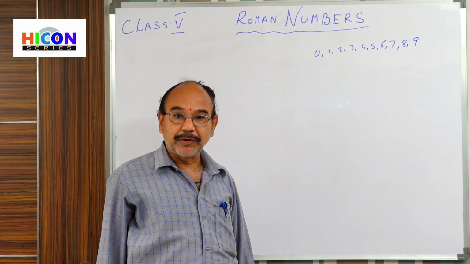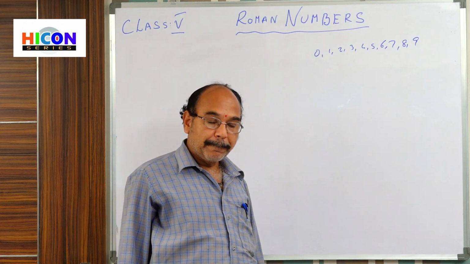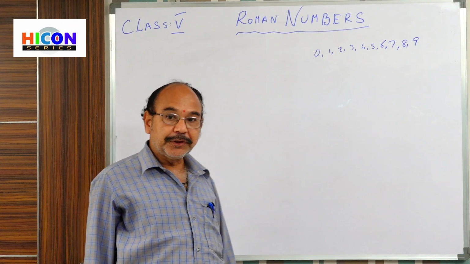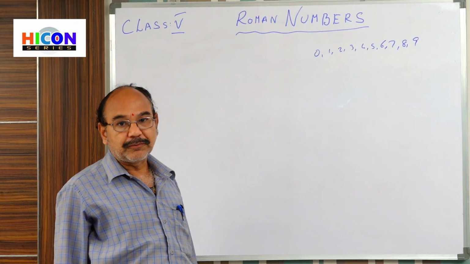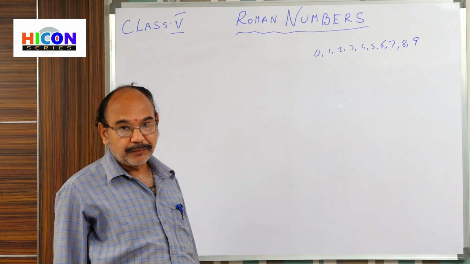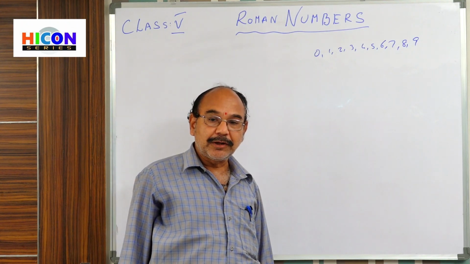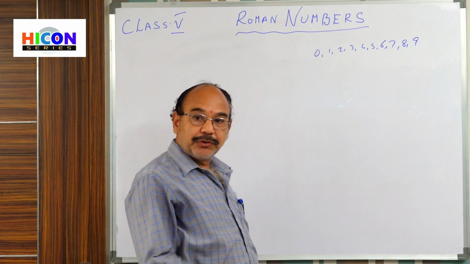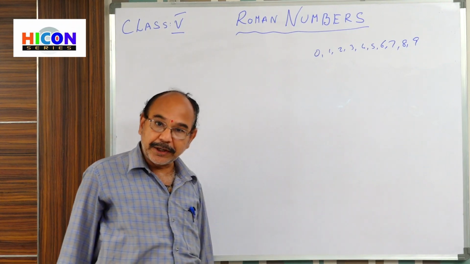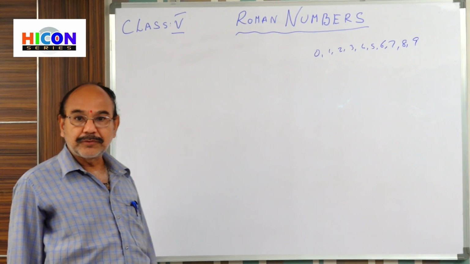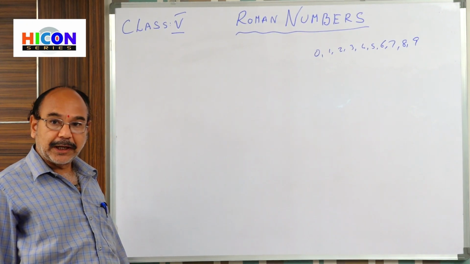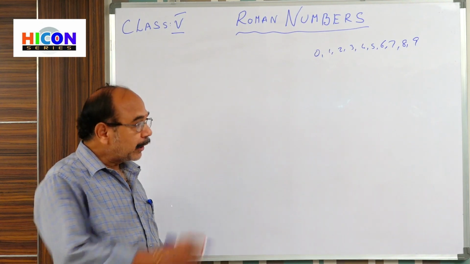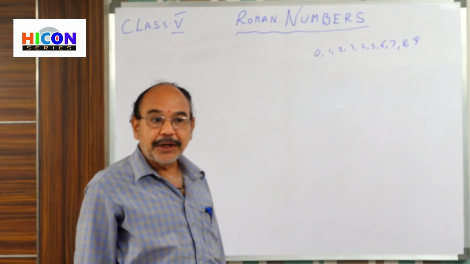Right. Next one. What is the place value system in the Indian system? What is the place value system? In the place value chart, we start from the units place. Units, tens, hundreds, thousands, 10,000, lakhs, 10 lakhs, crores, 10 crores, 100 crores, 1,000 crores. Like that we proceed in the Indian system.